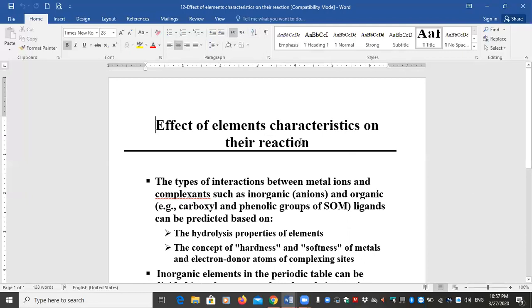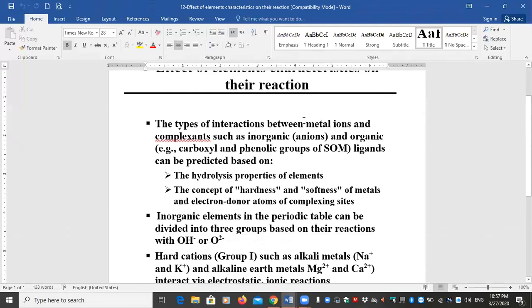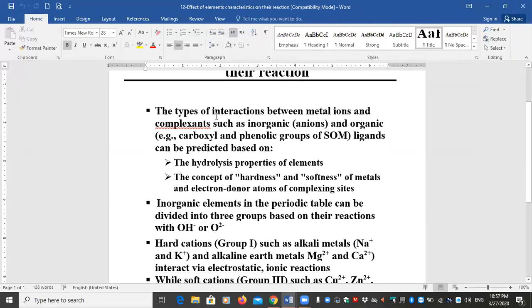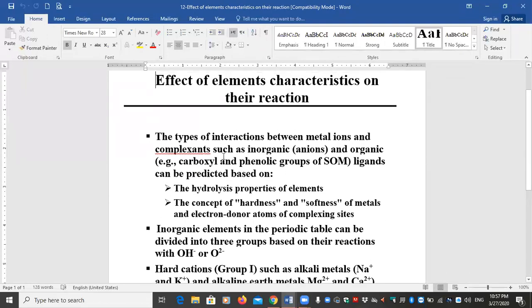Okay, effect of element characteristics on their reaction. So we talked about the different sizes and different types of organic complexes. We said the dissolved and the suspended organic matter. Now we talk about the characteristics of the metals themselves, the elements. The types of interactions between metal ions and complexant. Complexant is the material that complexes with them, such as inorganic anions and organic ligands, for example, carboxyl and phenol groups of soil organic matter, can be predicted based on